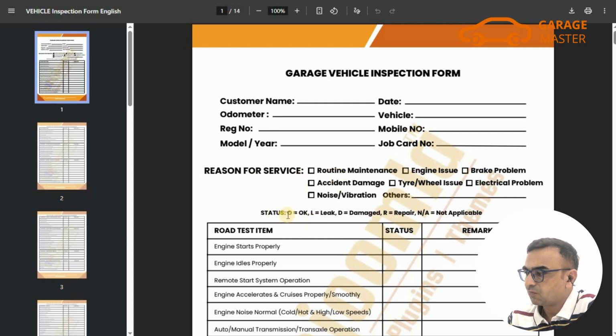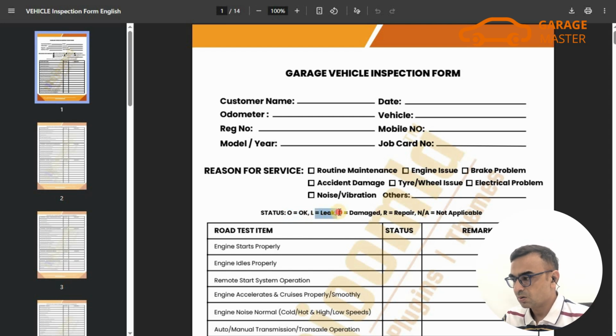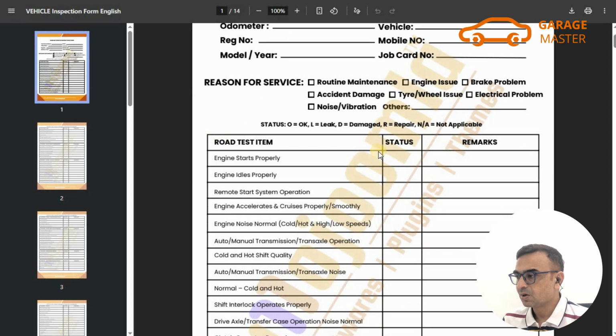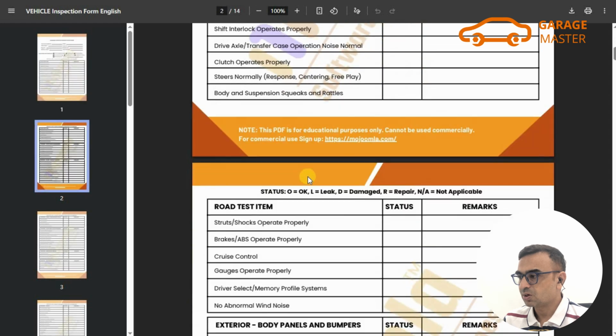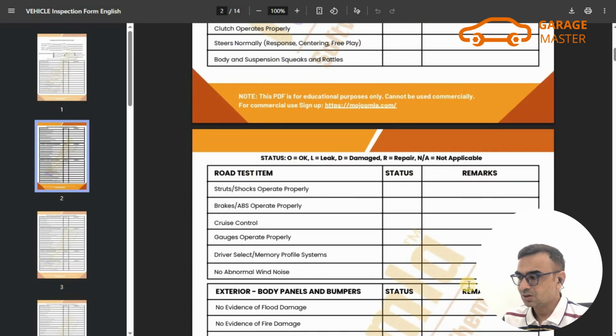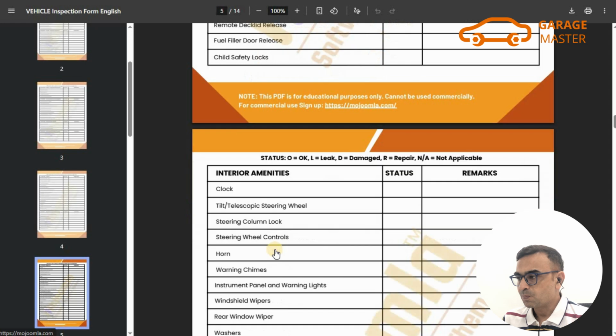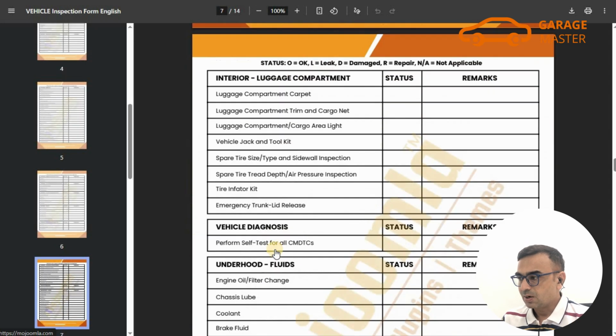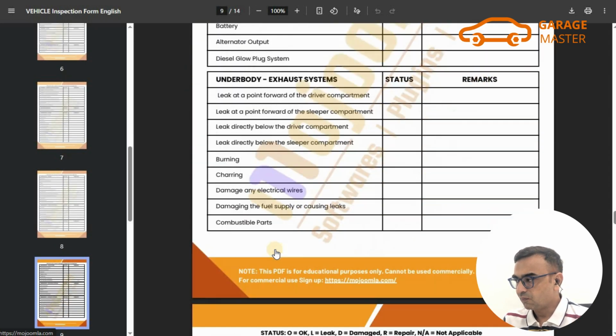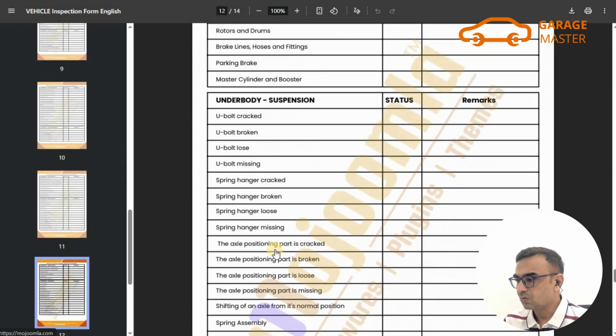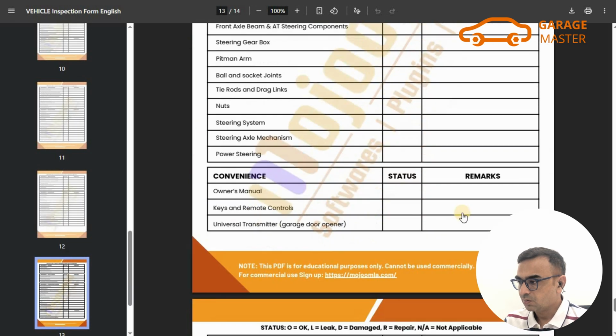It has a lot of different values like vehicle name, customer name, vehicle number, mobile number, job card, and you can also evaluate the vehicle in terms of whether each point has a leak, damage, repair, whatever status, right? So it has different sections like road test items, exterior of the vehicle, interior of the car, brakes and wheels, kind of, right? So it has all different, like it's an 11, 12 good page document, which will give you